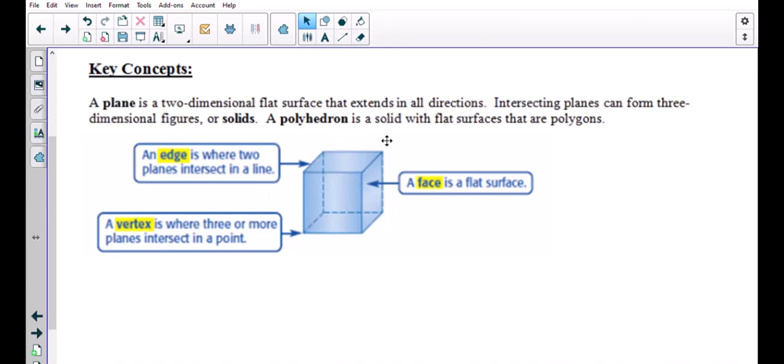So I know a lot of times when we do this lesson, students love to practice drawing three-dimensional shapes. It'd be something that when I would doodle in class as a kid, I would often doodle three-dimensional shapes. I'm also a math teacher, but even people who aren't math people love to doodle three-dimensional shapes like cubes and